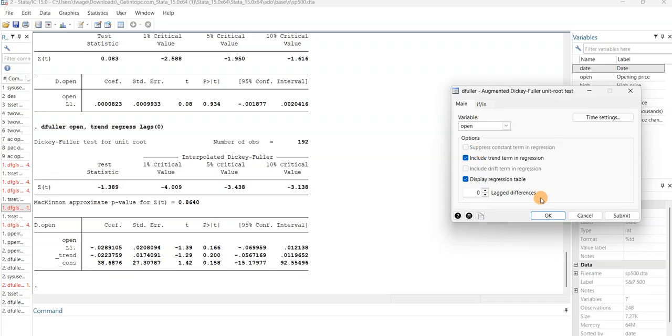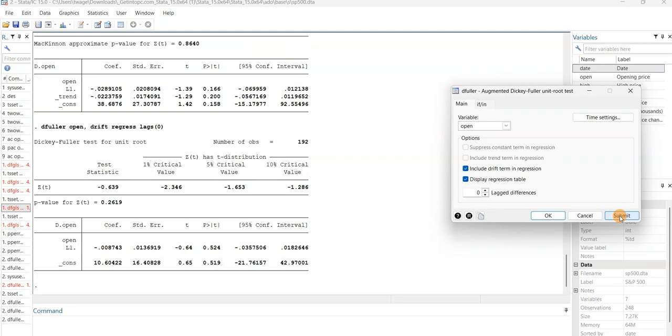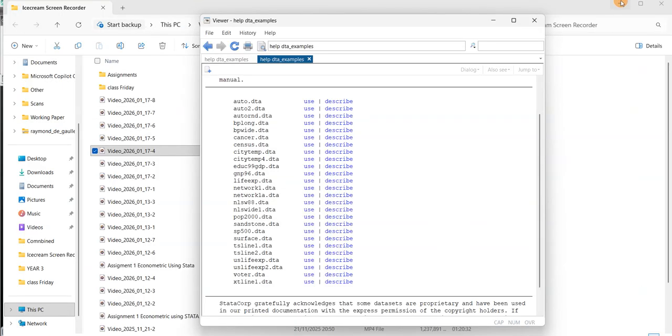Obviously, when we also change again by including the drift and then submit, the p-value will decrease, but the conclusion will be the same, that the critical is greater than the calculated. So we still have non-stationarity for the data. Okay, let us